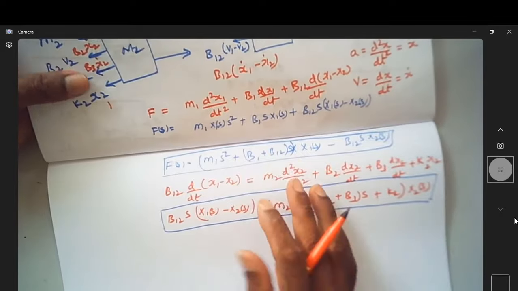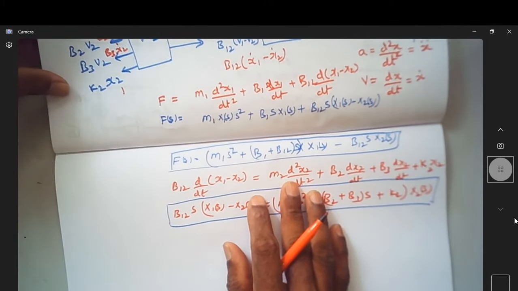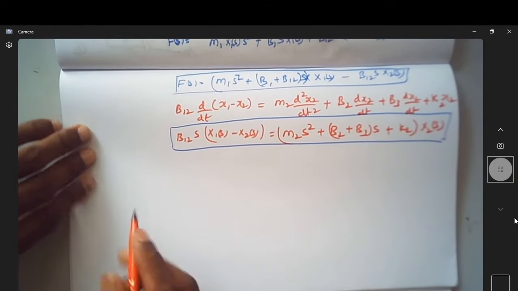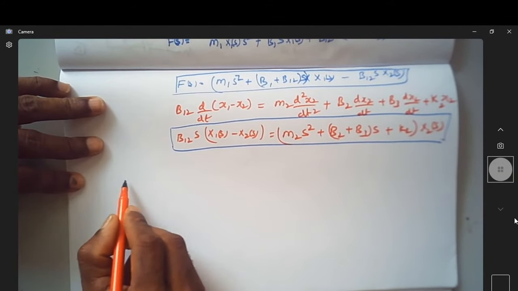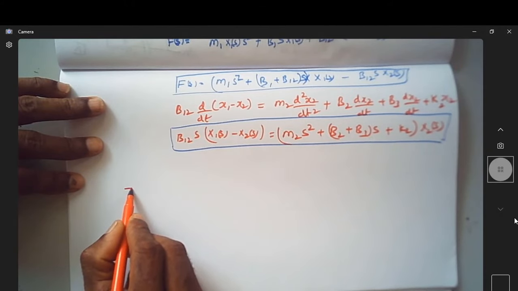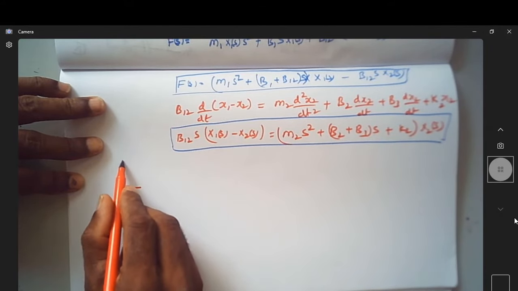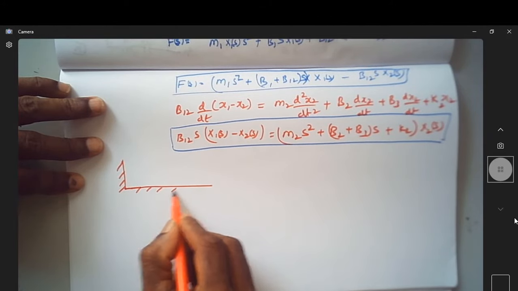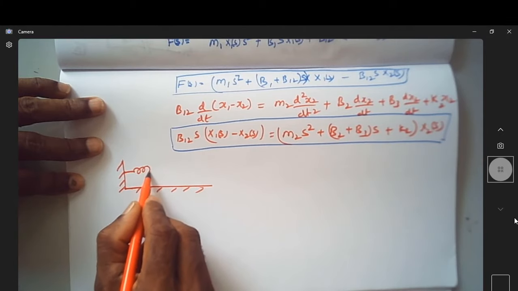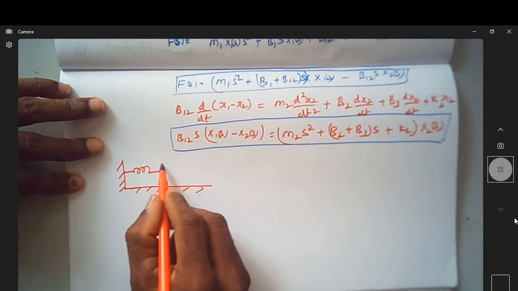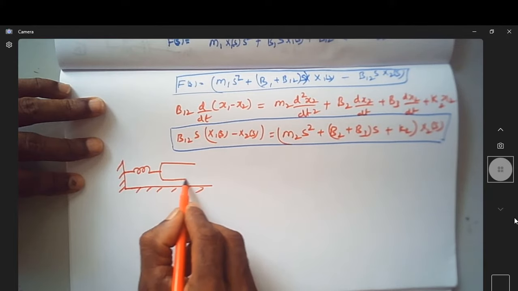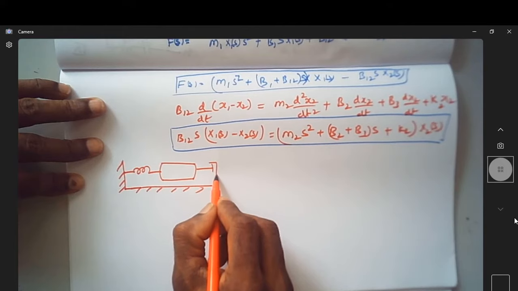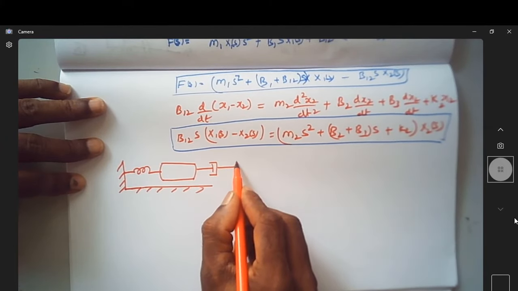Similarly, of course, you can think of writing it for any circuit, any mechanical system. Similarly, we can think of writing it for a rotational system. So let us take a rotational system which is connected to a rigid body, something like this. This is the rigid body that I have. Assume that there is a spring constant, and this is the representation of inertia of a particular system, and assume that this is a friction between the two